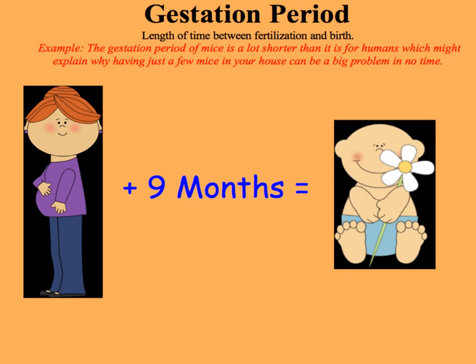Now, what happens to the egg cell after fertilization? Well, now it becomes one. You had egg and sperm, but now it becomes one, and it starts to duplicate, and it forms first the embryo and then finally the fetus. The correct term for the ball of duplicating cells at first is an embryo, but around 8 weeks we then call it a fetus. And implantation occurs in the uterus.